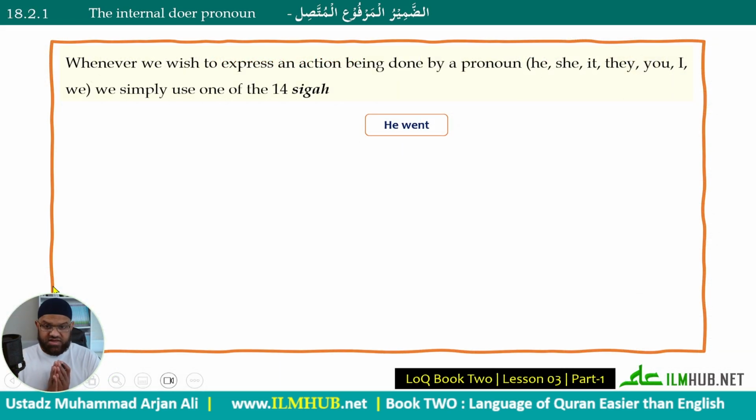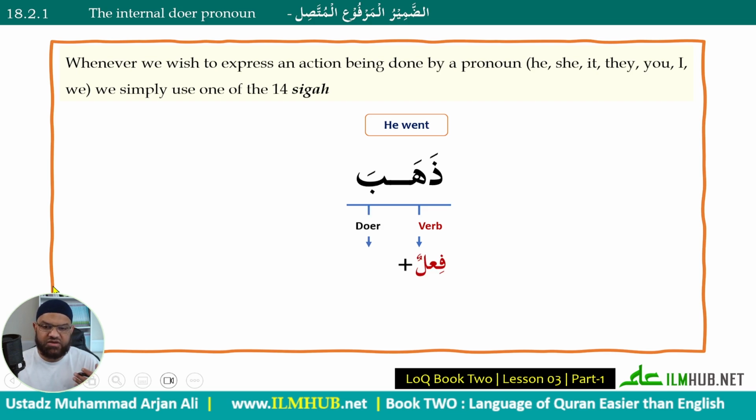So if I want to say in Arabic, he went, all I need to do is simply say dhahaba, he went. And that will be with any Madi verb. Dhahaba, he went. So I have my verb. Where is my doer? Okay, I got my fa'ilun from the 3 root letters. Where is my doer? I will say the doer is huwa. Fa'il is huwa mustatir. There is nothing there to indicate that is the doer. So that's how we will say it. And this is how, I know it's a bit laborious at this stage, but that's how precise you need to be in order to translate correctly, inshallah.